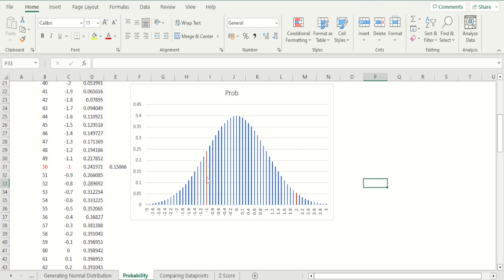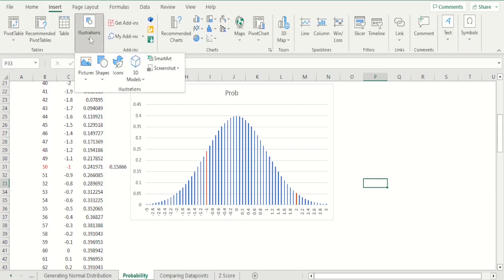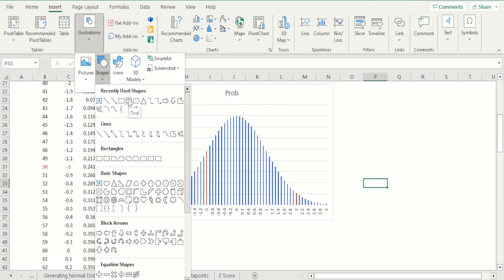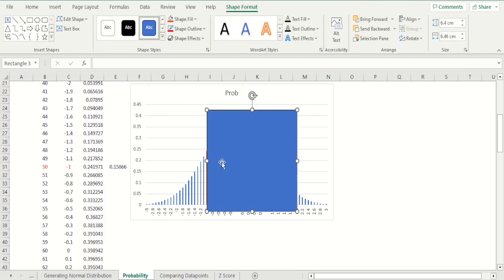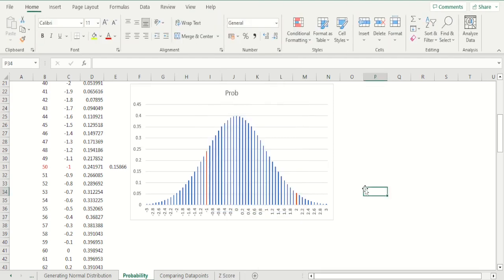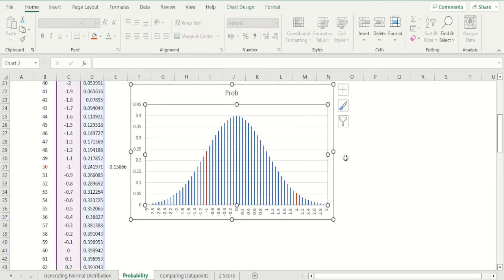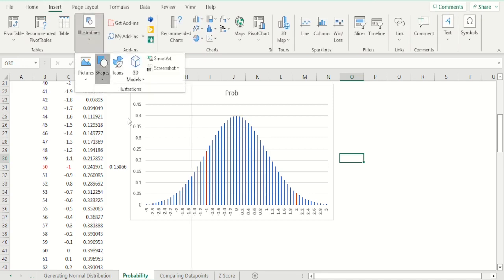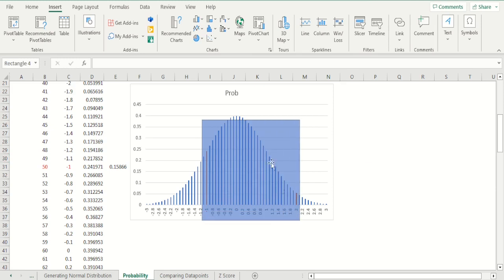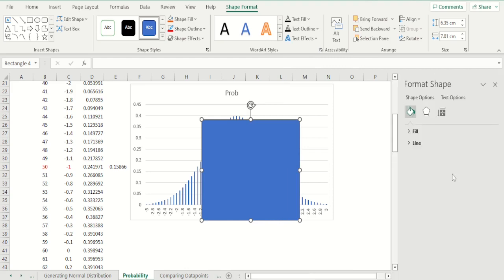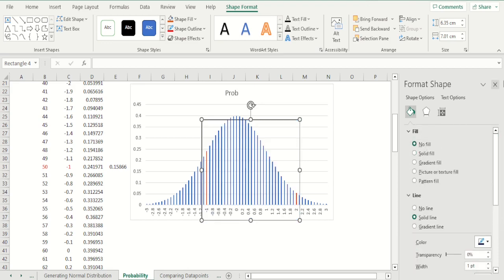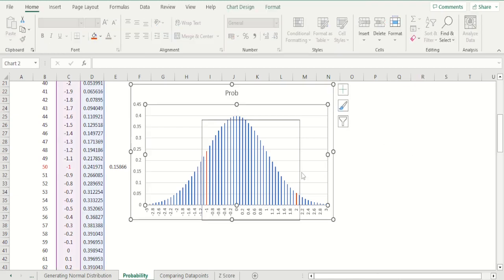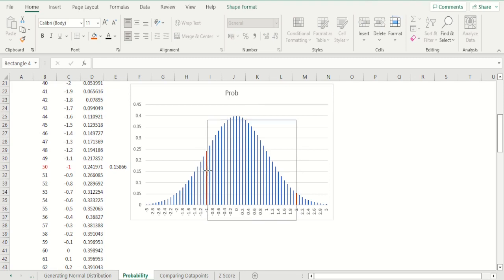So in effect, all of this area that you see between -1 and +2 standard deviation, this entire area right here. Let's mark out this area. Just make sure that we have a solid line and we don't need a fill. There we are. So basically this entire area that we are boxing right here,